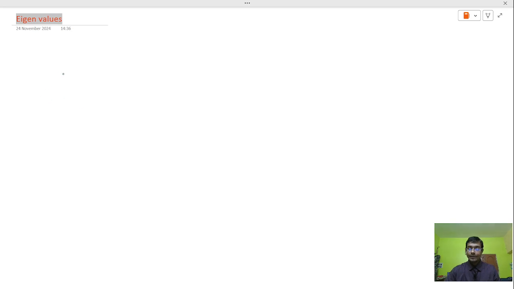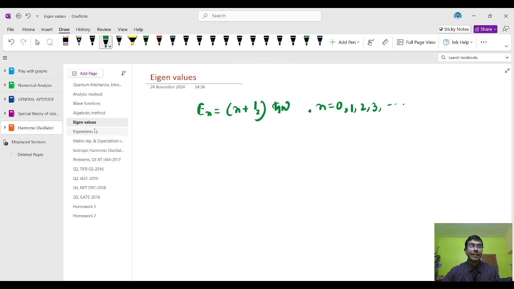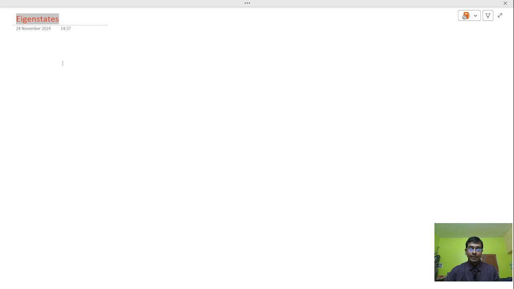Eigenvalues are basically E_n equal to (n plus half) h cross omega, where n equals 0, 1, 2, 3, and so on. And an eigenstate or eigenvector for the harmonic oscillator is basically